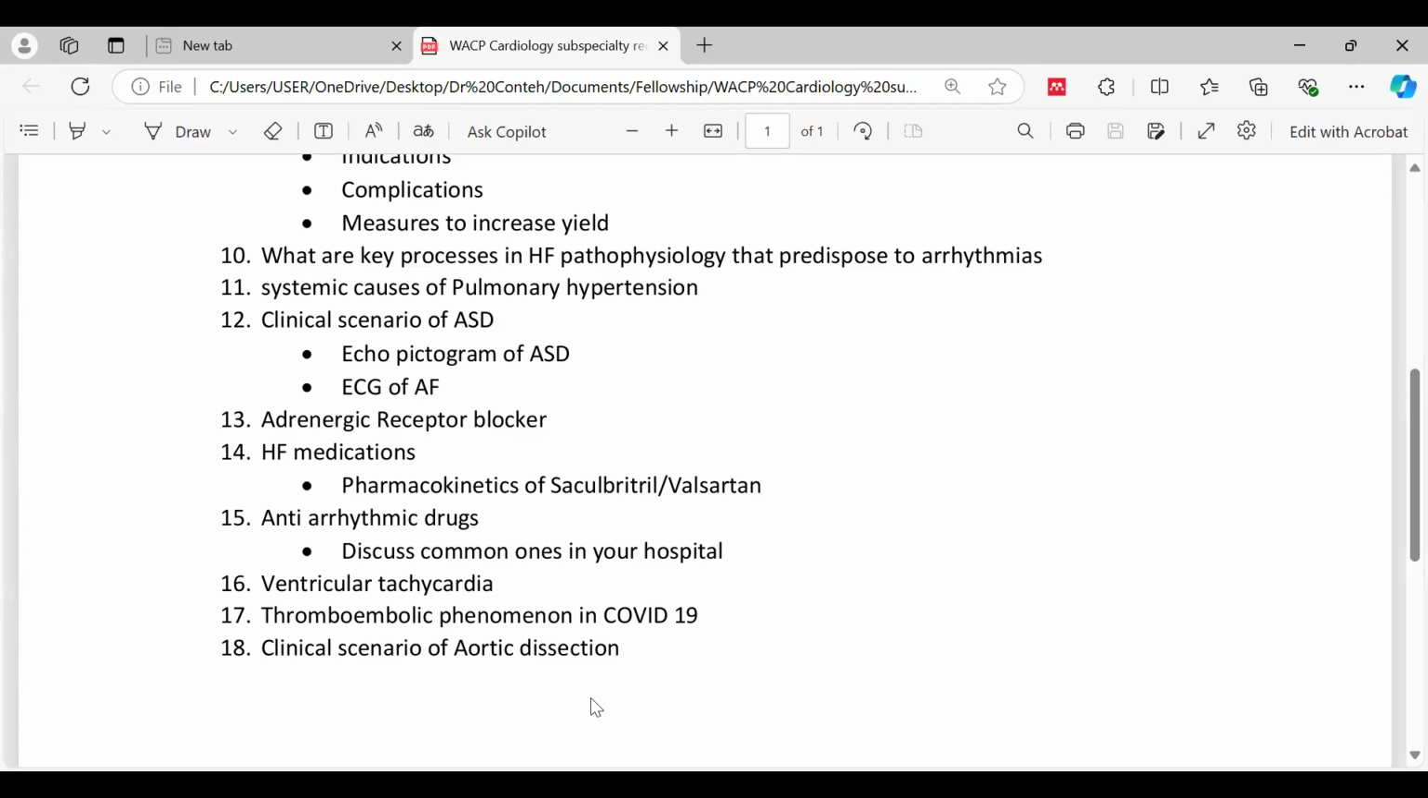Now, the remodeling in diseased hearts, like the other speakers mentioned, includes structural remodeling, even electrophysiological